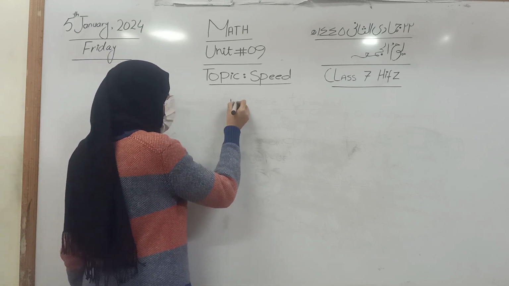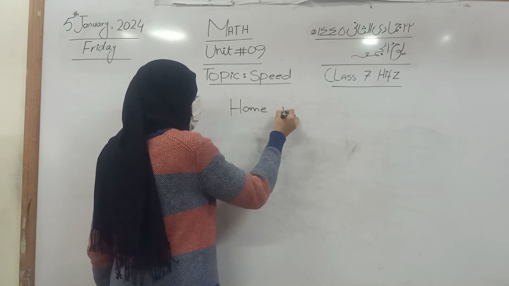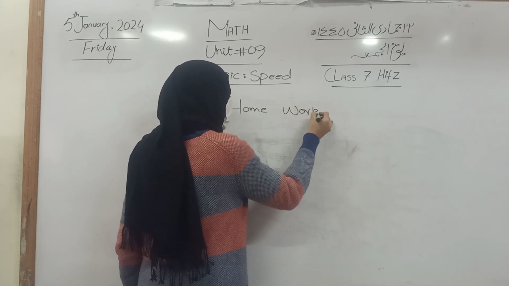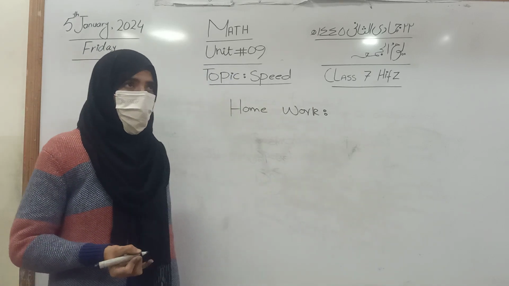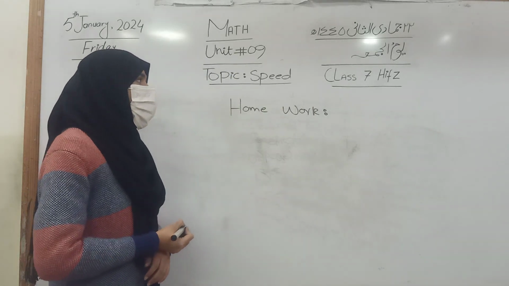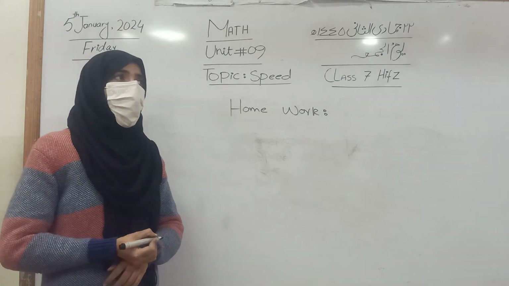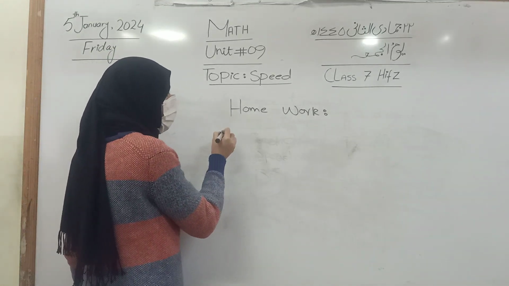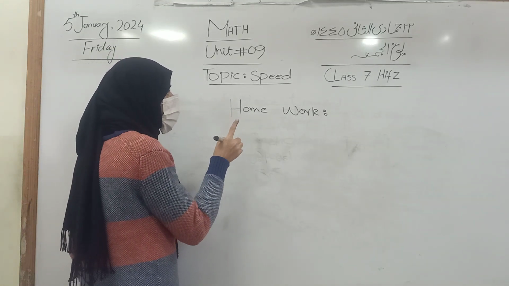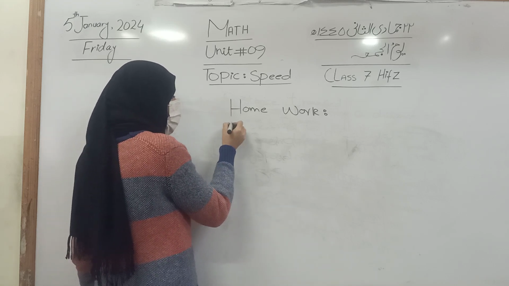Now your homework is related to your speed problems. This topic we have discussed today was speed. In speed we have discussed different points, and according to those points you will have to complete your homework task. The homework task is that you have to revise